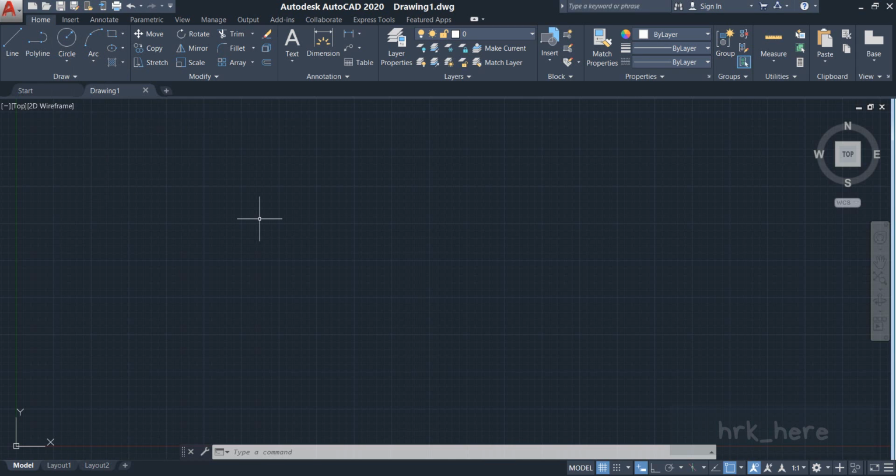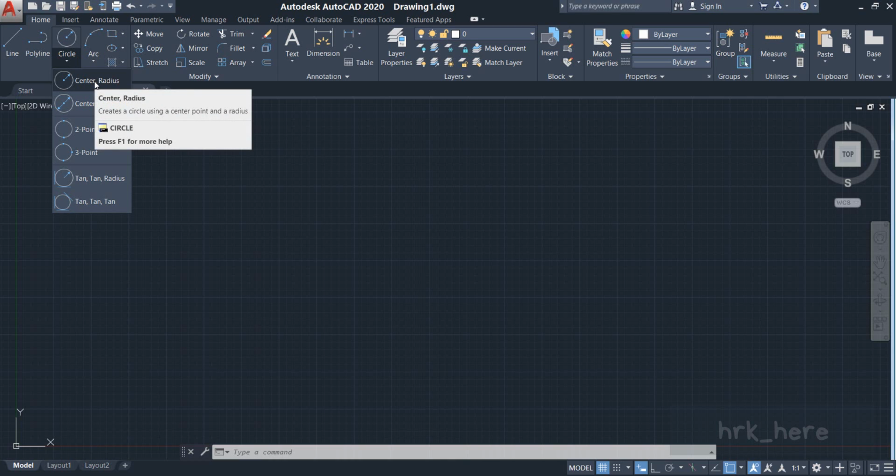Now let us try the different kinds of circles one by one, but before we start just make sure you have the dynamic input option on. Now it is on because it has that blue background color, but if you see that option off, just come and turn it on. If you have the dynamic input option on, you don't have to keep looking at the command line for suggestions. That's why I keep it on. Got it?